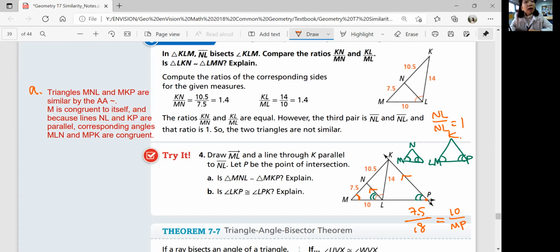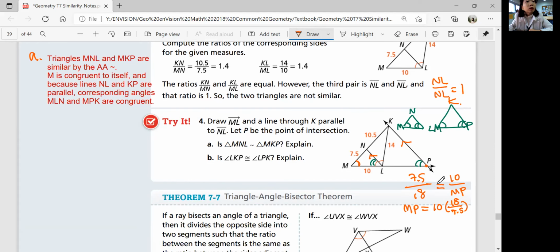And so MP is equal to 10 times 18 over 7.5. So what's MP? MP is 180 divided by 7.5. That's 24. MP is 24. So if you subtract 10, LP is